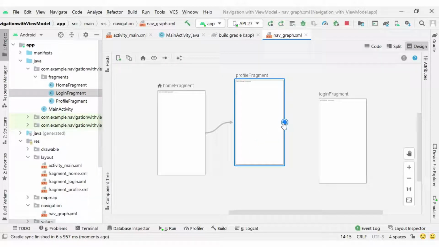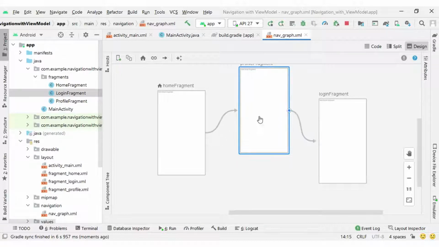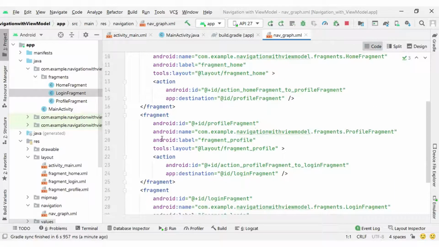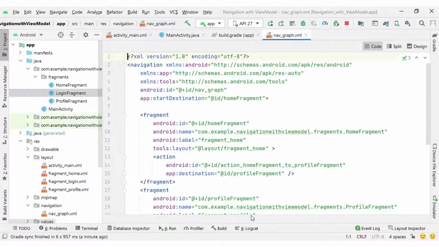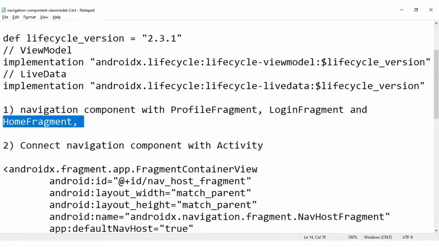If the user is not logged in, then I will navigate from the profile fragment to the login fragment. So there are two actions here, from home fragment to profile fragment and from profile fragment to login fragment, and accordingly the code is also ready inside our xml file. So we are done with our navigation xml file.